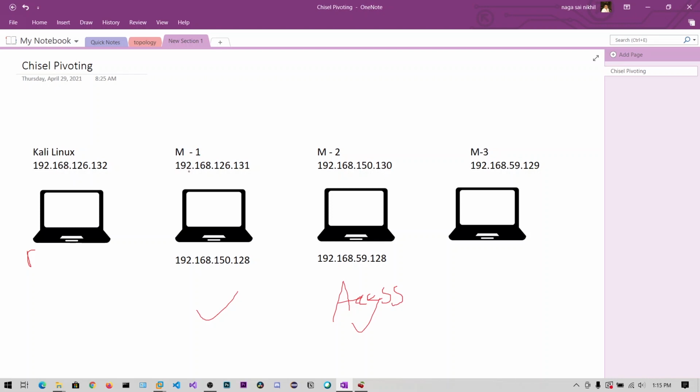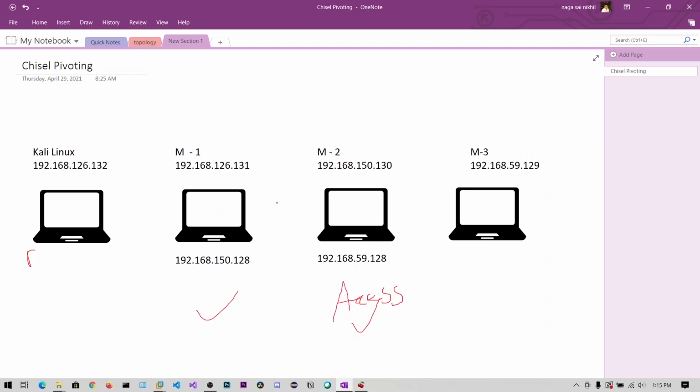Whenever you have only one connection, what you did is you ran the server and made this a middle machine, and you transferred the packets from this to this. In the same way, think of this one as the Kali Linux server and send the packets from this to this.